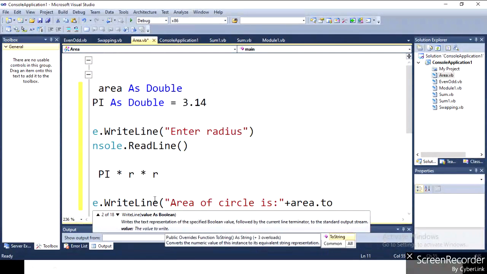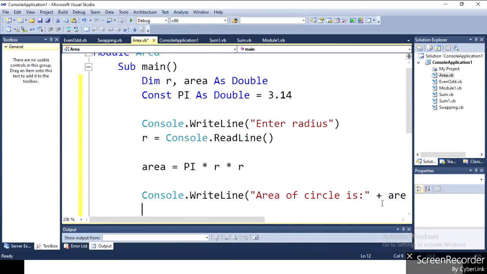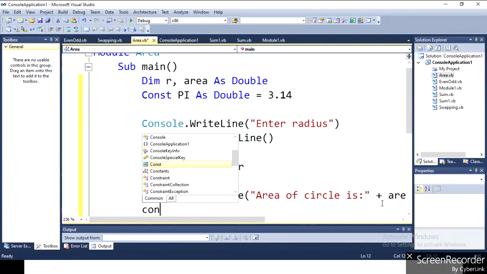I use the ToString method because I concatenate using the plus operator. Here "Area of circle is" is a string, and temporarily I have to convert area to a string, so I use the ToString method. Now to display the output, I write Console.